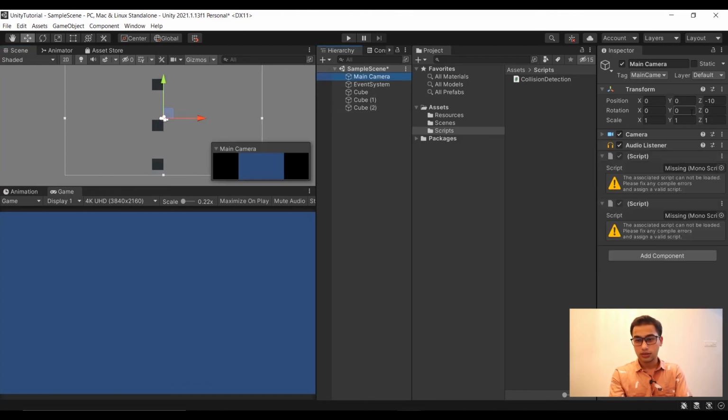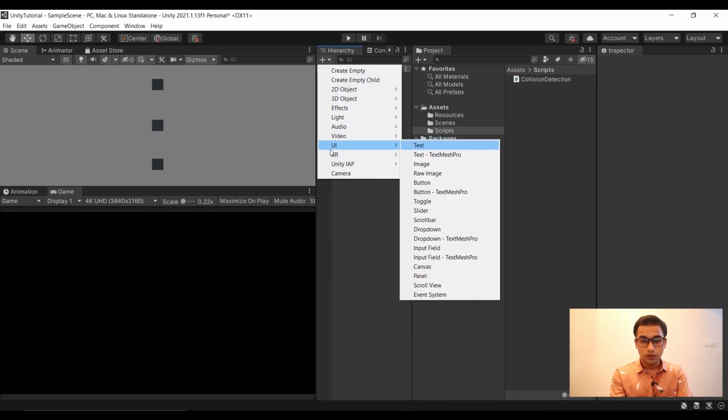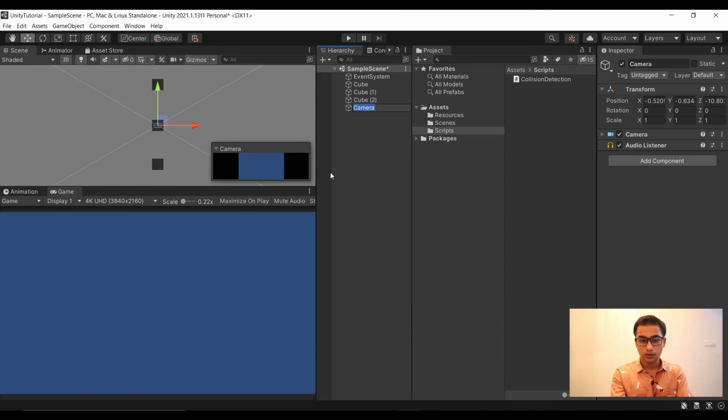Let's recenter my camera. I think the camera component is not proper, so let's create another new camera. Just reset its position to 0, 0 and -10.